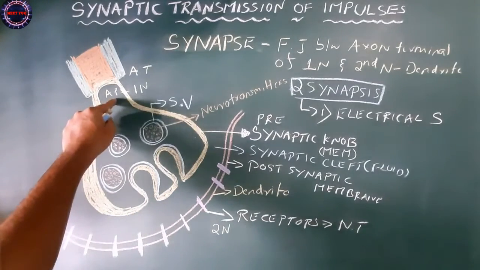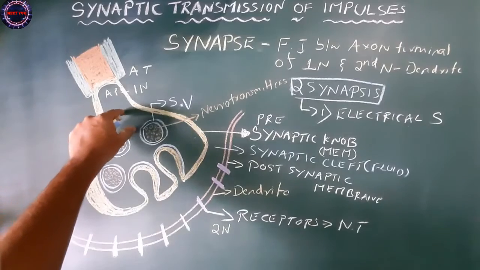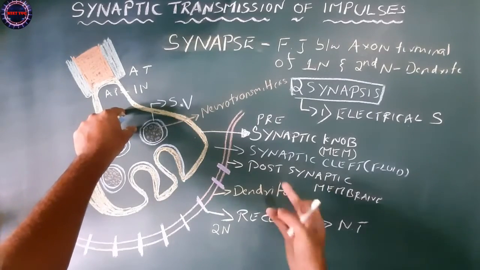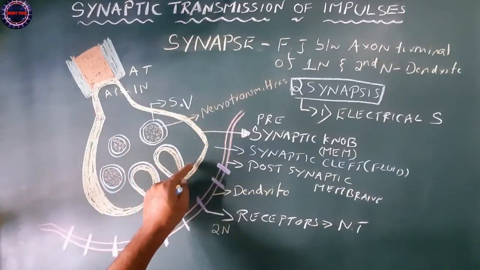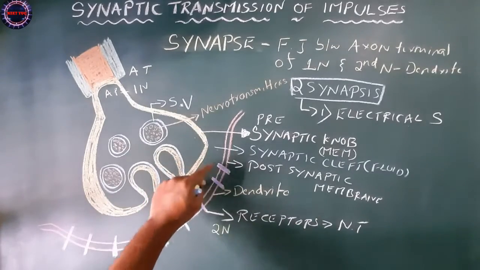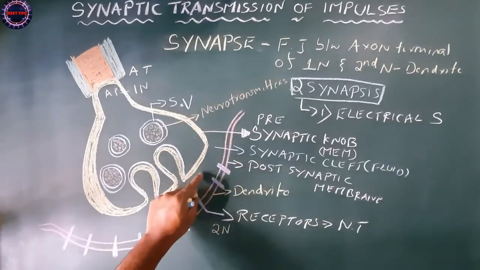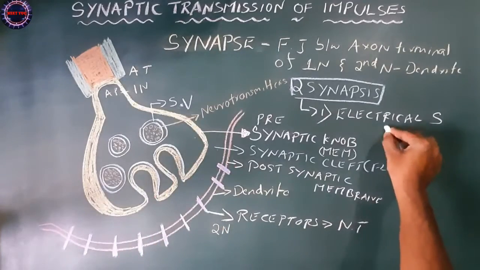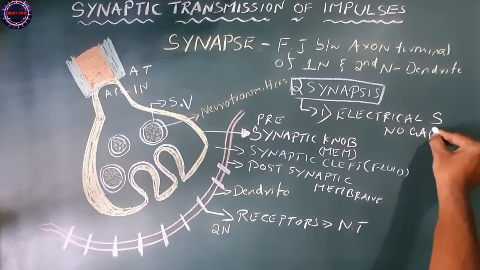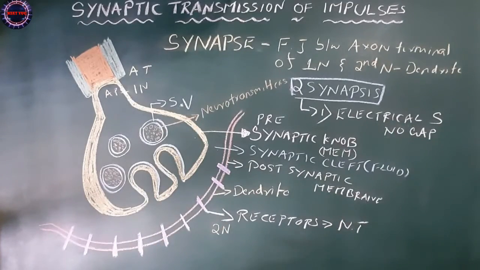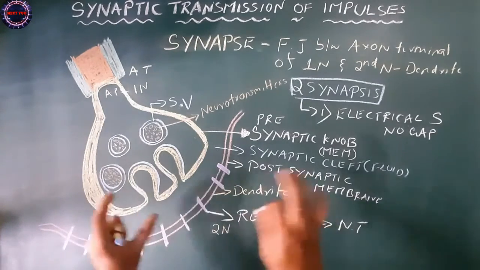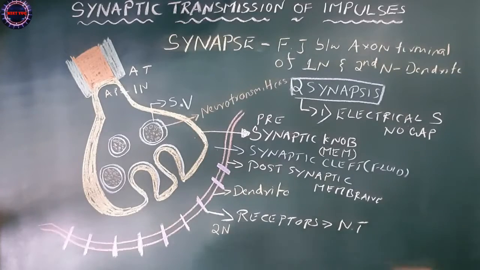As a result, the action potential which is now reaching this particular synaptic knob, that is presynaptic membrane, will be directly collected by the postsynaptic membrane of another neuron. So there is no gap, actually no gap between the two neurons. This is the electrical synapse, and it is a very quick process, that is transmission of the nerve impulse, which takes place within a fraction of a second.